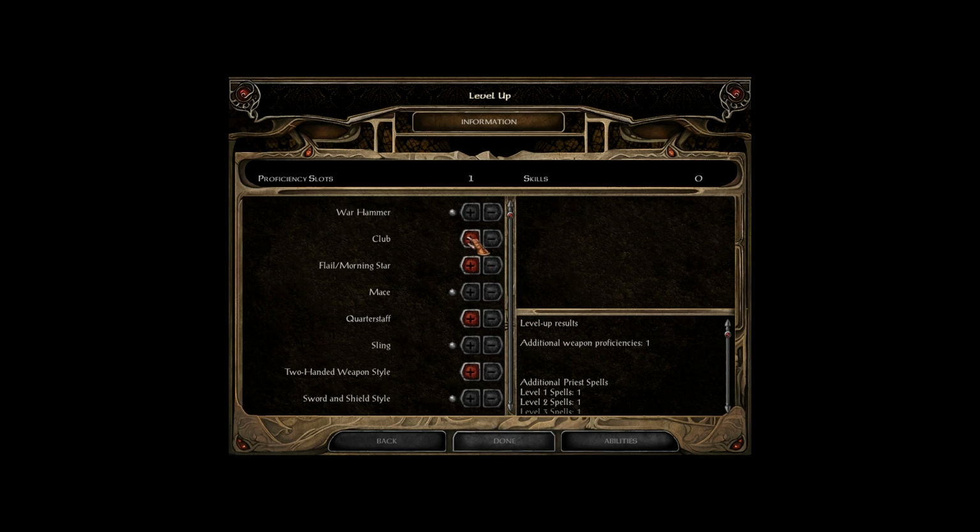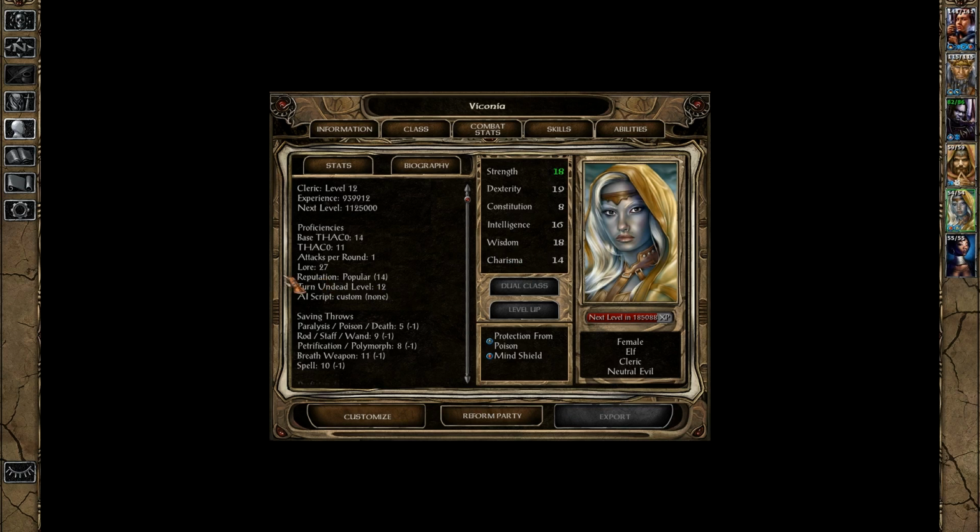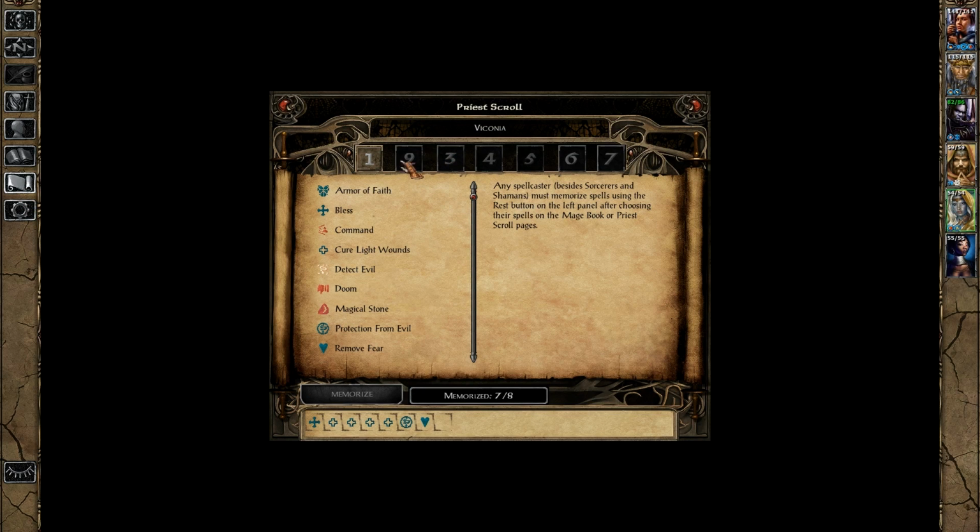Valconia gains a proficiency point. We could give her a point in Flail Morning Star if we want to. And that is a good idea for the future. Let's do that. We could also give her a point in, say, two-weapon style or single-weapon style, but no, Flail Morning Star. I have a plan with that. As for the spells, she has an extra first-level spell, which I think we will have...